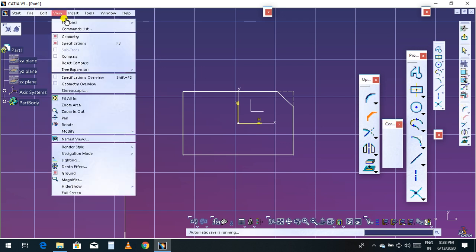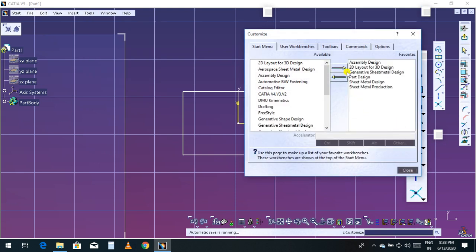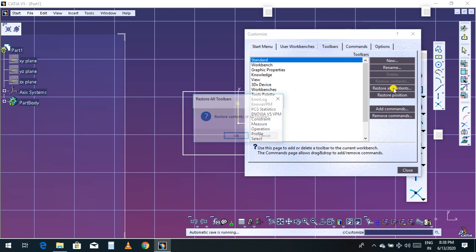Do one thing, just go to insert tools and use this customize toolbar, restore all the commands, position as well.